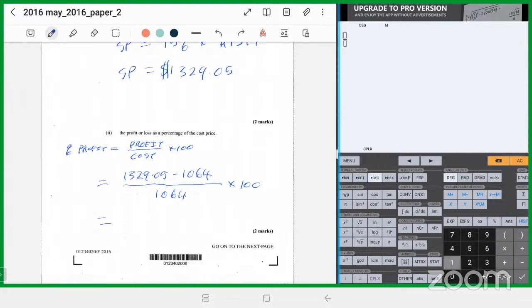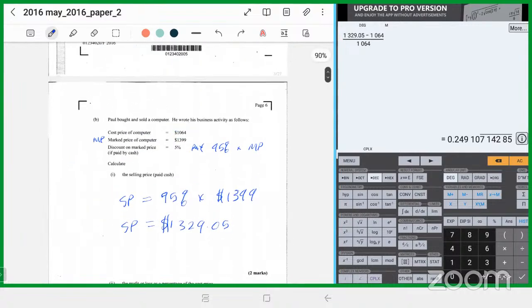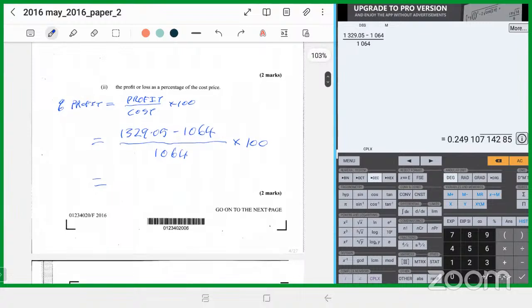Fraction, 1329.05 minus 1064. That's the profit on the numerator. Divided by the cost, 1064. Let's make sure it's 1064. Yes, it is 1064. All right, and then I multiply this result by 100. And I get